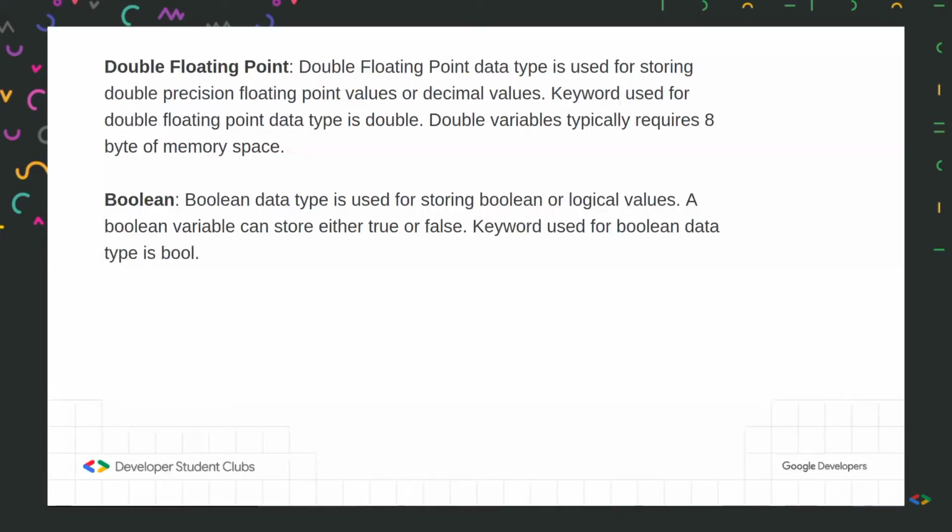And these two things are boolean and double floating point. Double floating is similar to a floating type, but it has increased precision. So the precision increases and it consumes more memory, so it requires 8 bytes of data. And boolean is a data type that is used to store true or false values. We denote true as 1 and false as 0. So a boolean will store either 1 or 0, and it takes very little memory. I guess it takes just 1 byte.